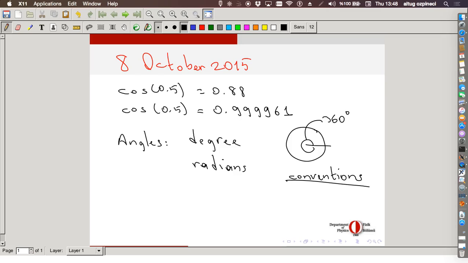And the radians, this is how we define the radians. Take a circle again. This is an angle. Okay, we have the length of this arc over here. Let's call it L. And we have this radius over here. We have this R. And theta in radians is defined as L over R.